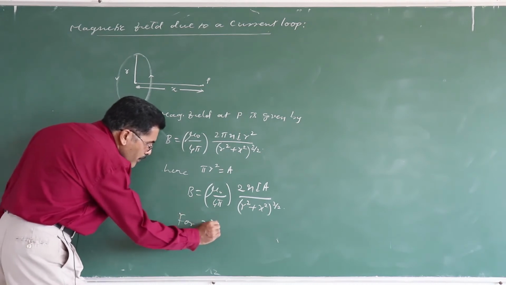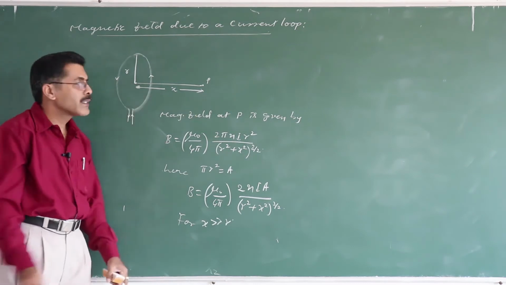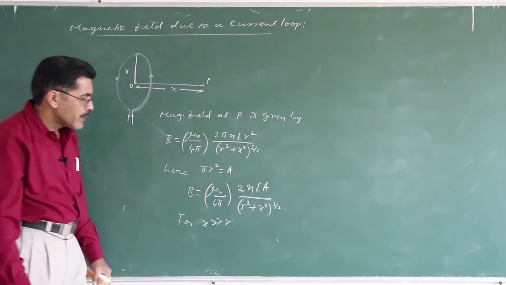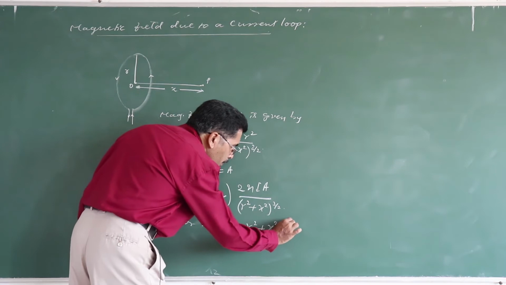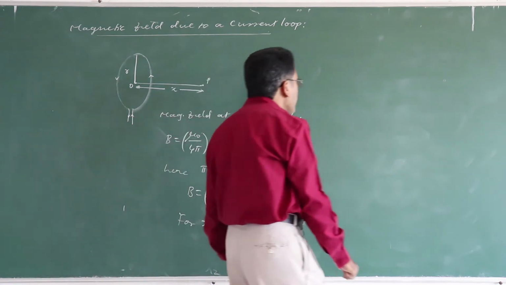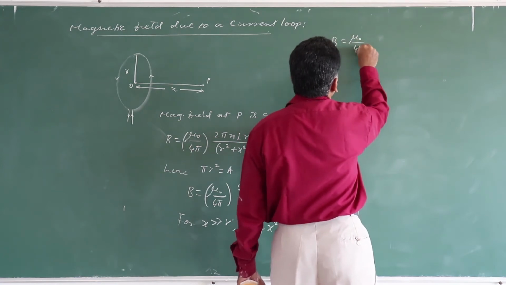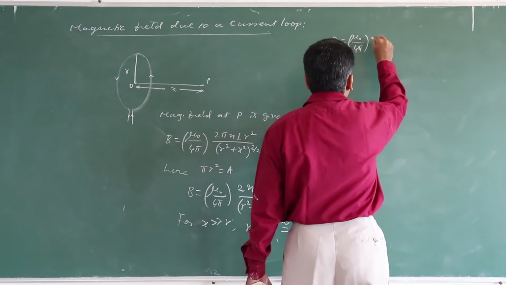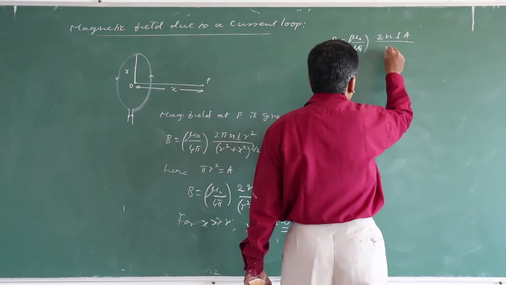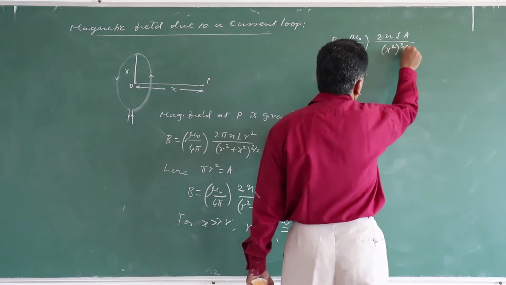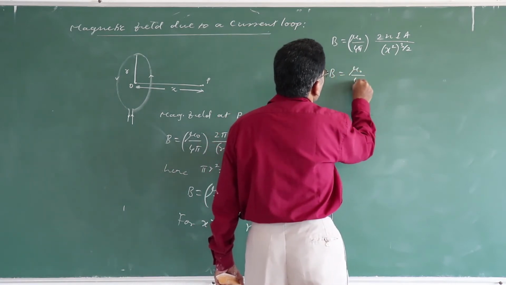For x far greater than r, if the point P is far away from the center of the coil, in such a case r square plus x square is approximately equal to x square. Therefore the equation takes the form B is equal to mu naught by 4 pi into 2 n I a divided by x square to the power of 3 by 2, or B is equal to mu naught by 4 pi